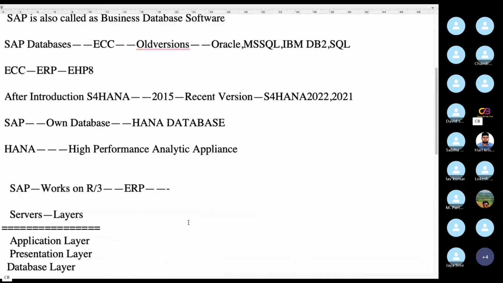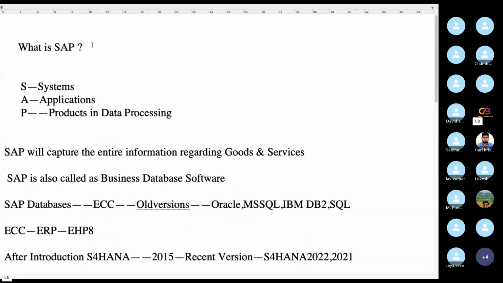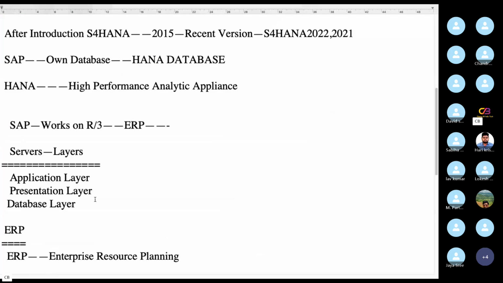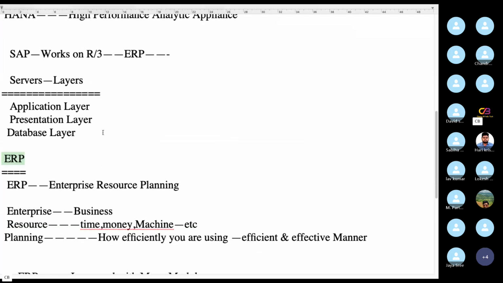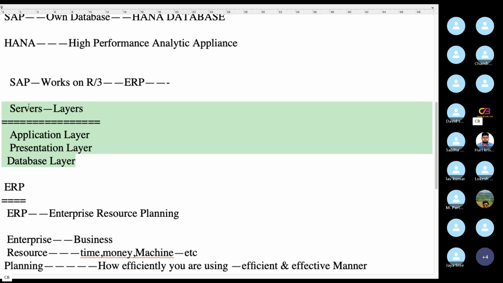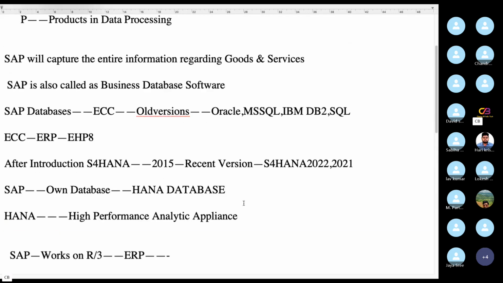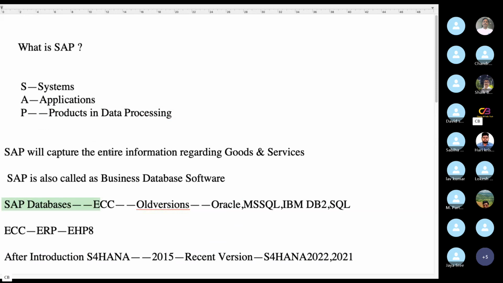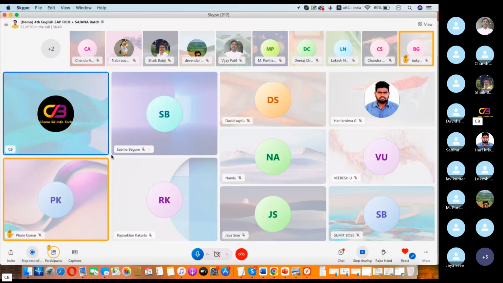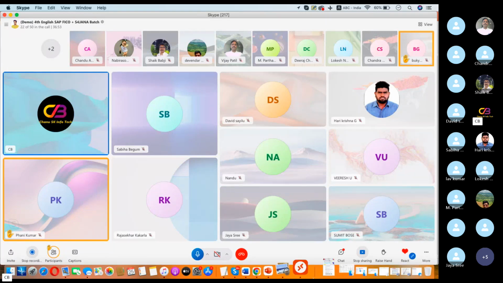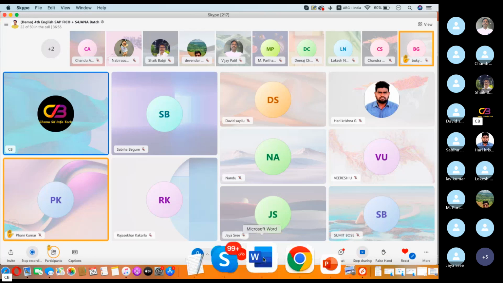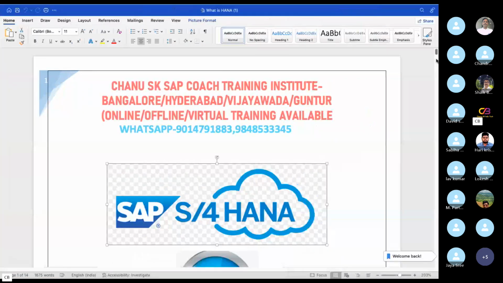Right, this is the overall idea regarding what is SAP and what is ERP. And how many layers does SAP have? Tomorrow I will explain this concept in detail. Here, what is meant by HANA and what is S4 HANA? And how many cloud users are there? And what is ERP? Why SAP? These things we completed successfully. So next thing is